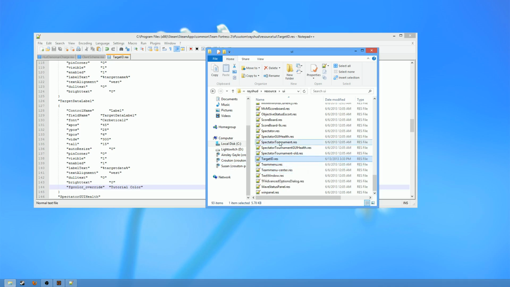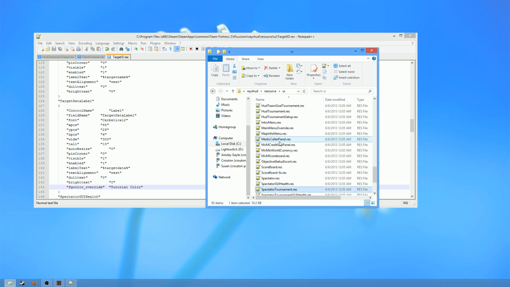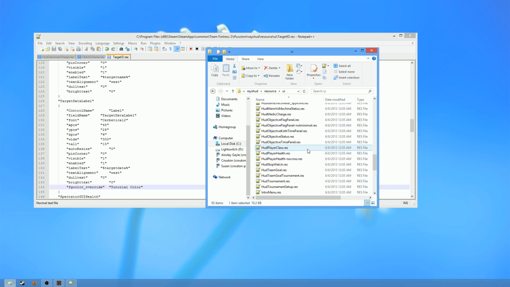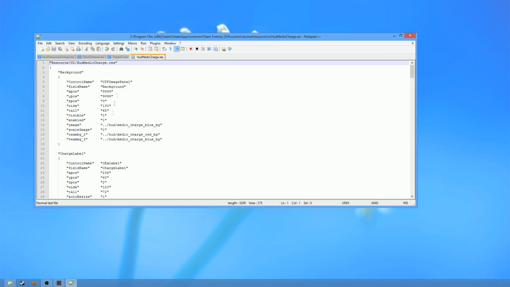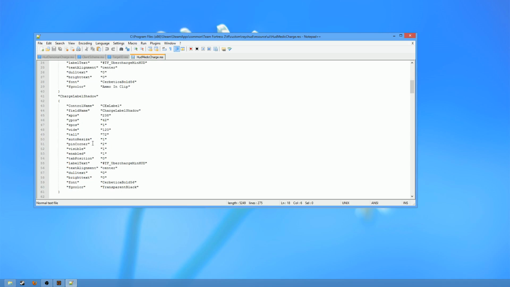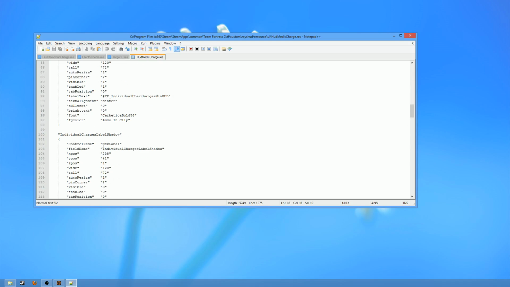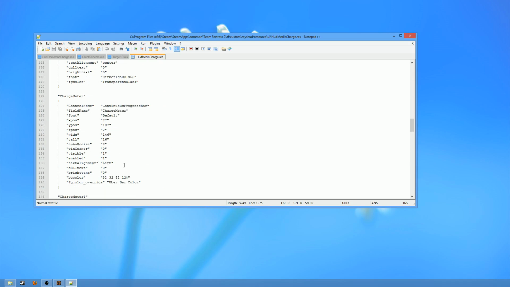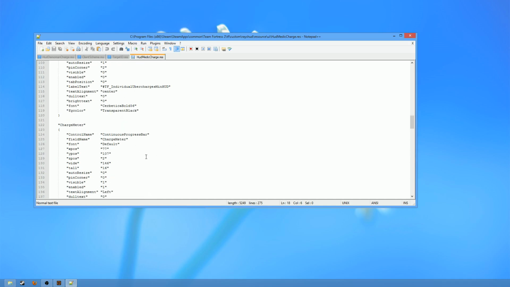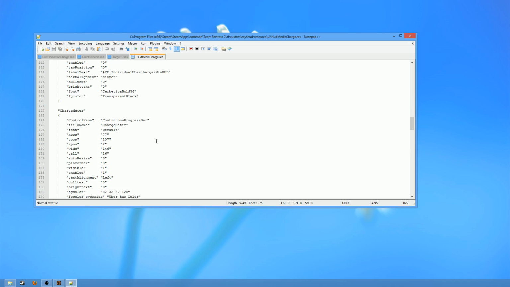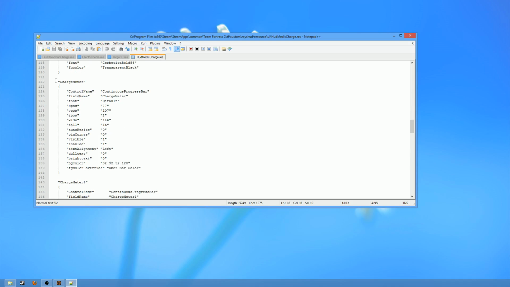Anyways, last thing we're going to be doing is our medic charge meter, which I believe is stored in the HUD medic charge.res. Sorry, I'm getting ahead of myself here. So we'll go ahead and open that up. And you'll scroll down until you find the thing called charge meter. Again, this can be kind of complicated because you've got multiple charge meters. So just so you guys don't get confused, charge meter within the HUD medic charge.res file is the charge meter color for